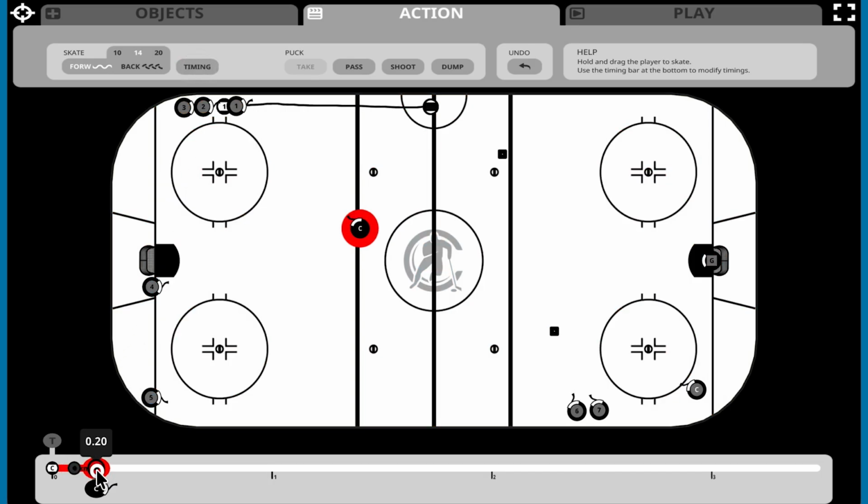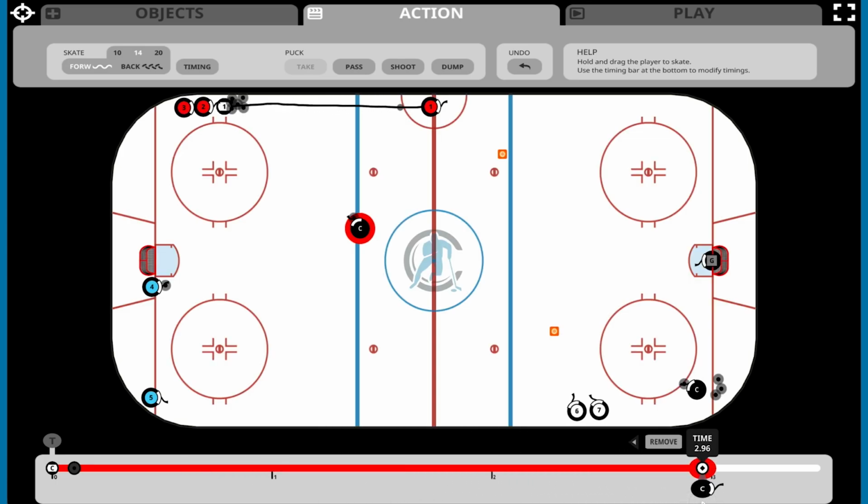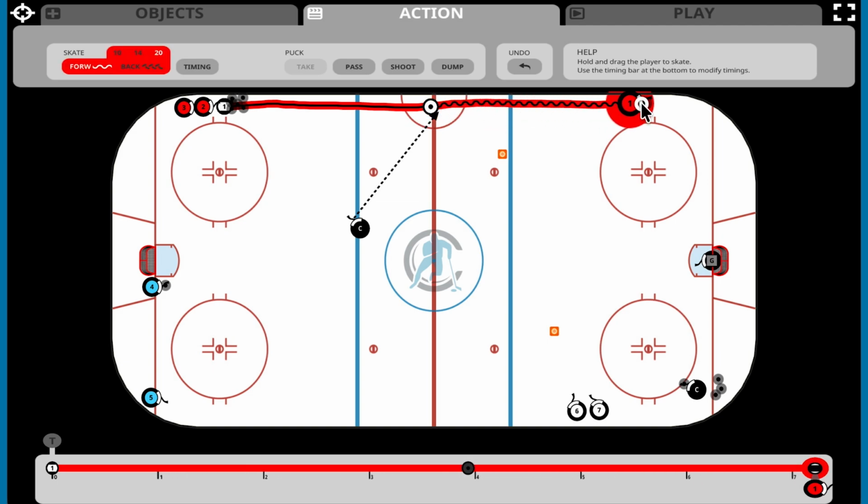As you move the timing point, you can see player 1's position at each moment, making it easy to choose the right time for the pass. The gray timing marker behind player 1 shows where they'll be when the coach makes the pass. Once it's about 2 meters behind the player, make the pass and continue player 1 into the corner.